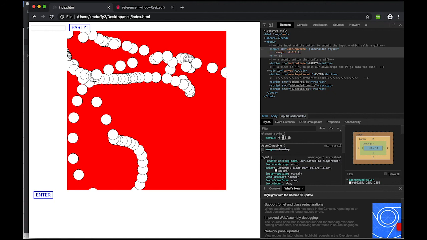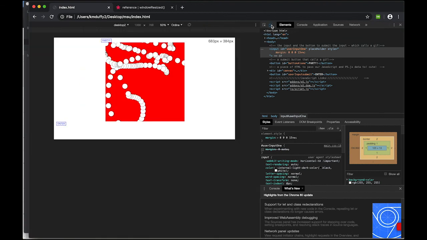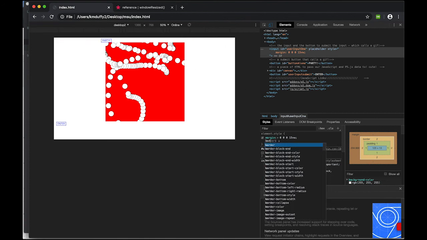So top, right, bottom, left. I want to use left, and I'll say like 10 VW. Okay, so I'm going to move this over here, and I'm also going to target a certain size screen for this. So I'm going to say desktop 2, and I'm going to give this a border of